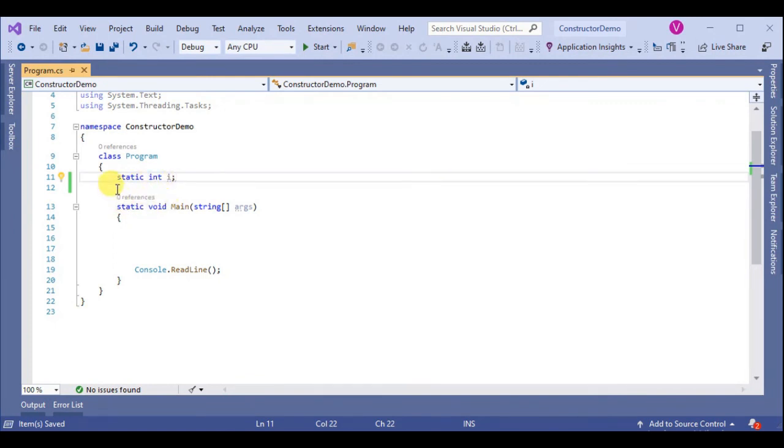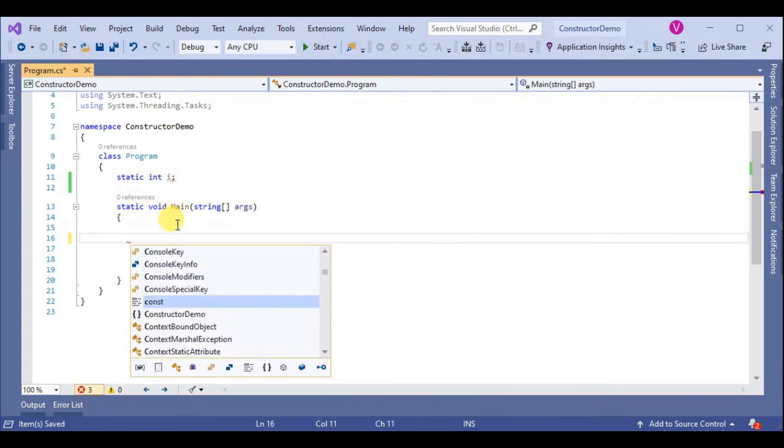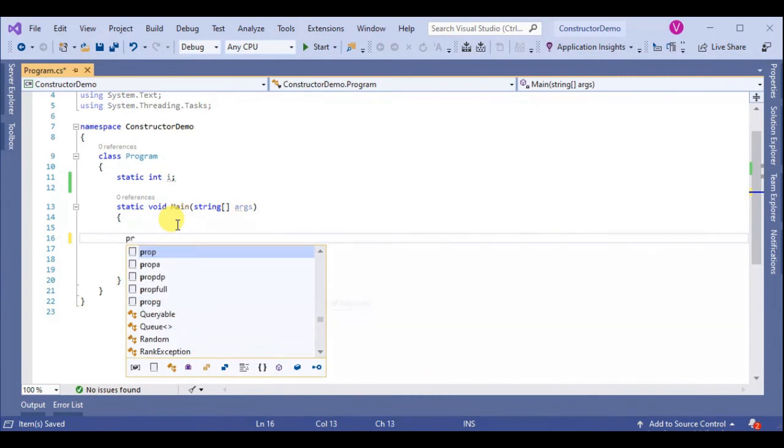So this variable is assigned by a static constructor. If we do not create a static constructor, the compiler will define a static constructor on behalf of the programmer. So now we print this in the console, Program.i.